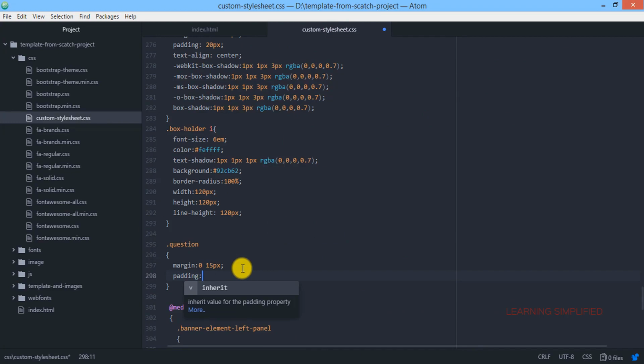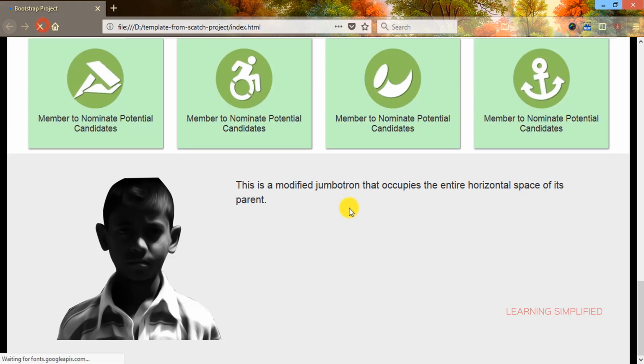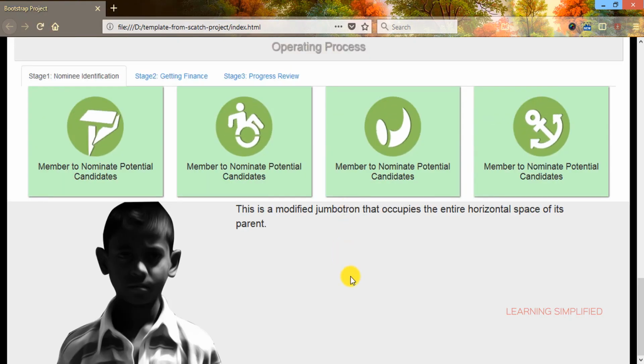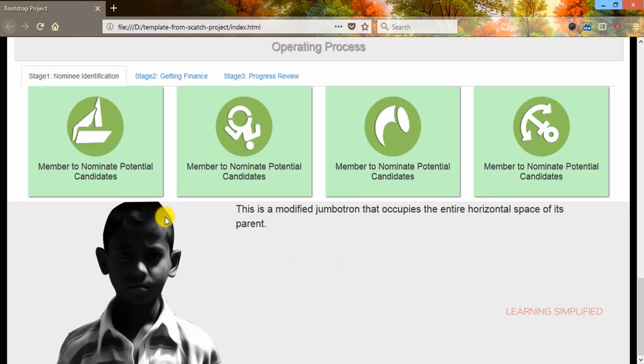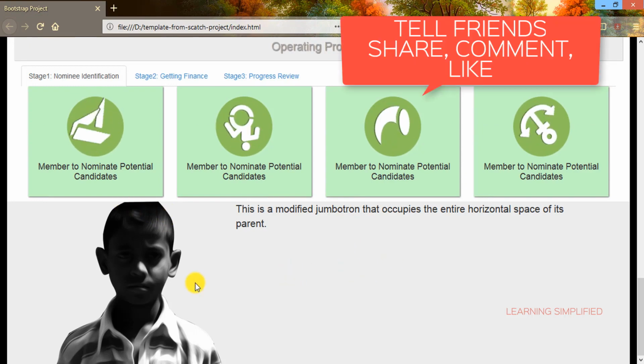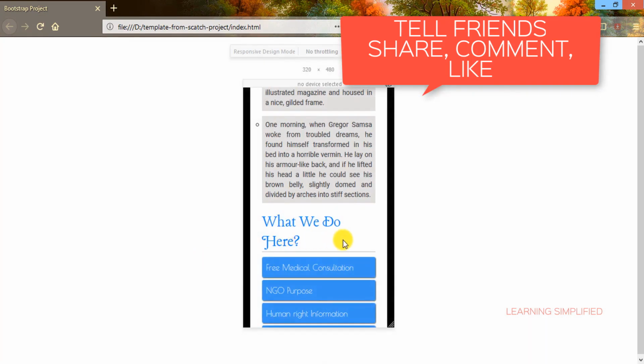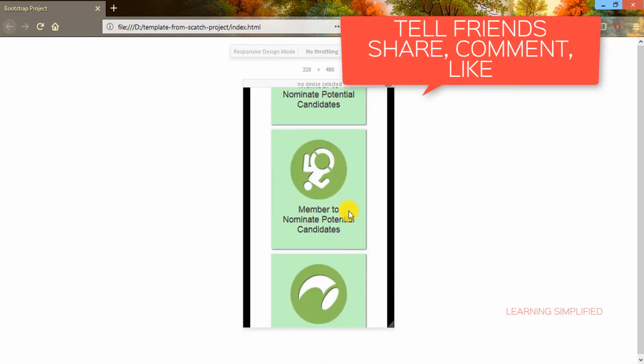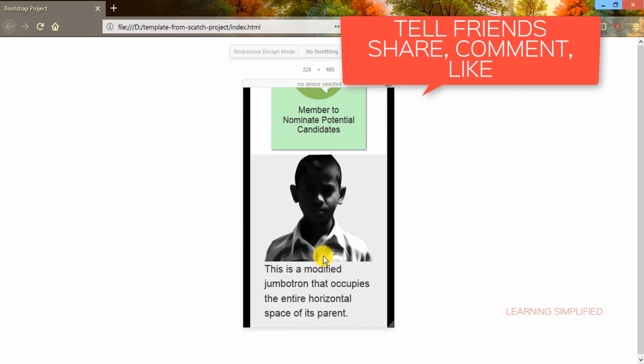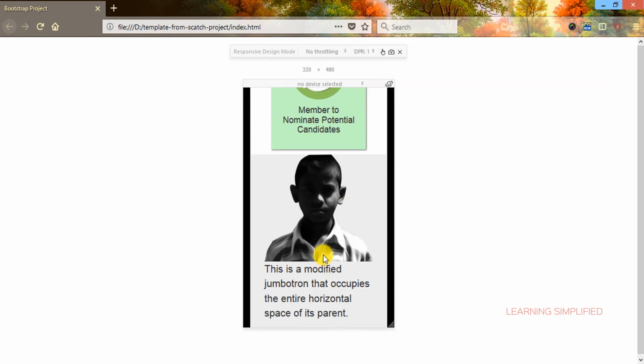It is all experimental. So we are placing here padding to 0 with this important tag. Press Ctrl S, get back to our project and reload. And now we can see that we have diminished the padding from the top and from the bottom of this image. Pressing Ctrl Shift M, getting back to our mobile responsive view, checking the image, yes, it is working well. There's absolutely no problem with it.